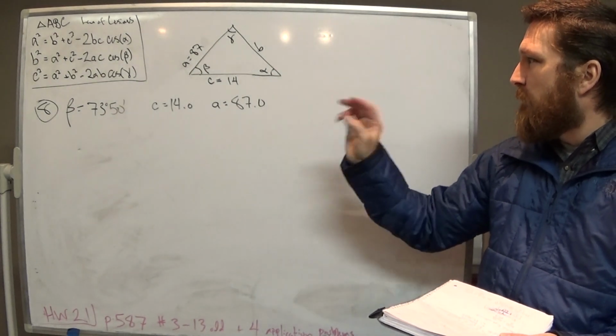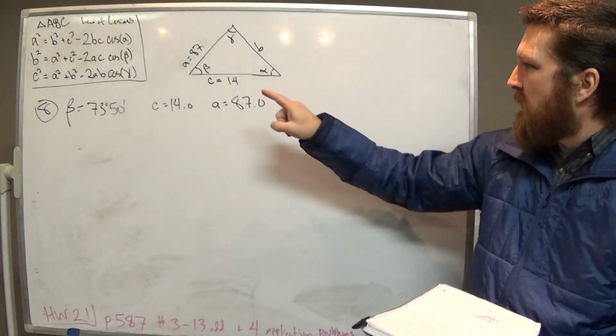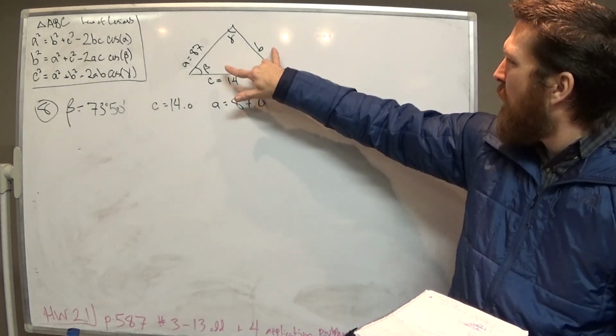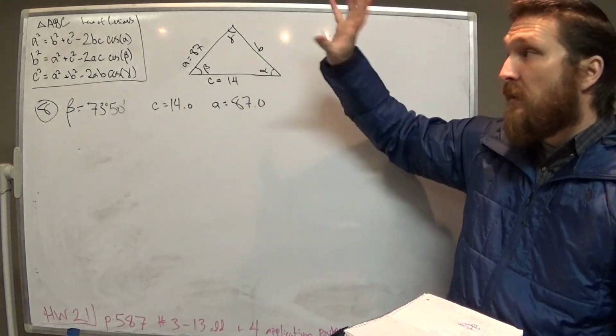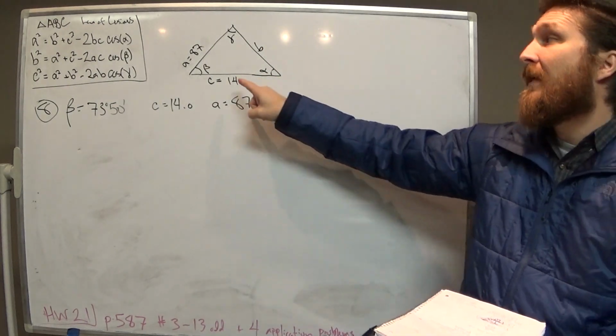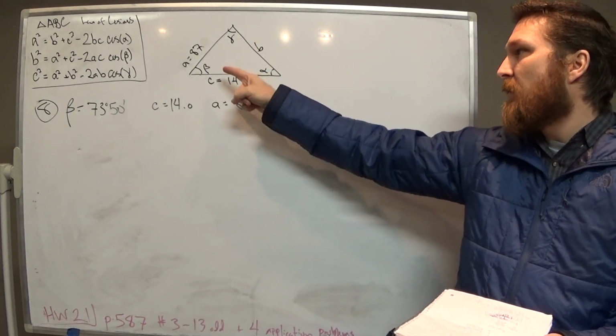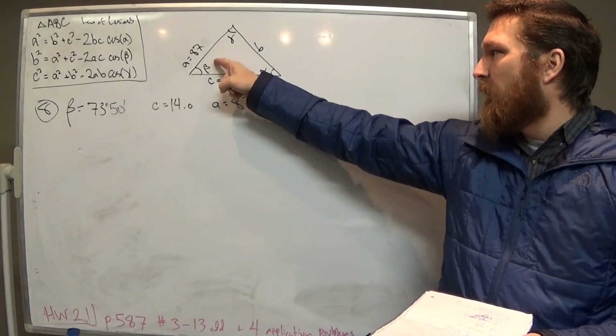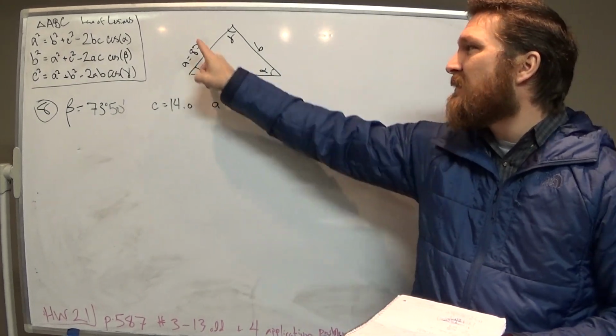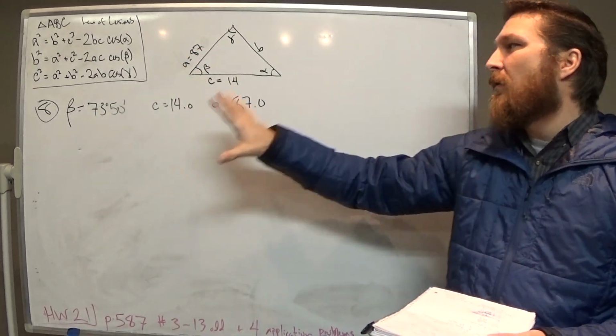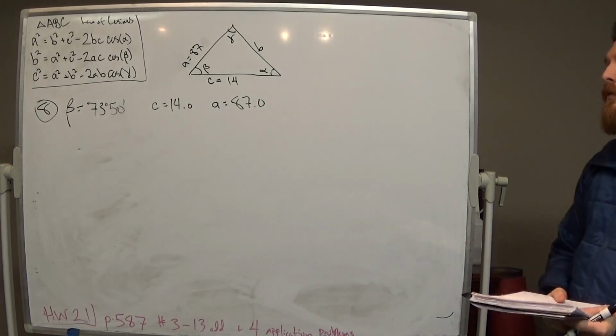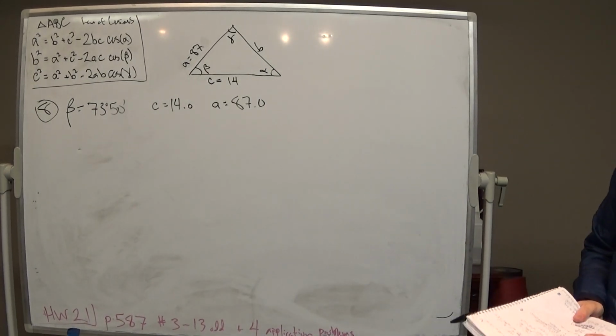So is this the angle-side case? And I say, well, the given angle is opposite one that I don't know. And so I must be in the other case. Or you could just immediately notice that your given angle is between two given sides. And right there you know, okay, I'm going to use law of cosines. And the way we're going to do that is,